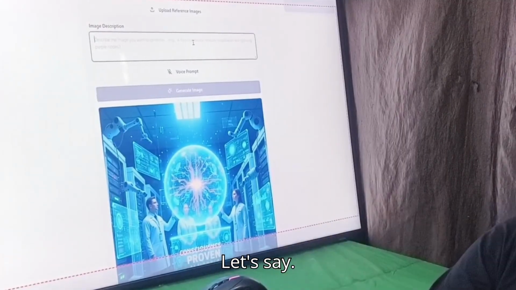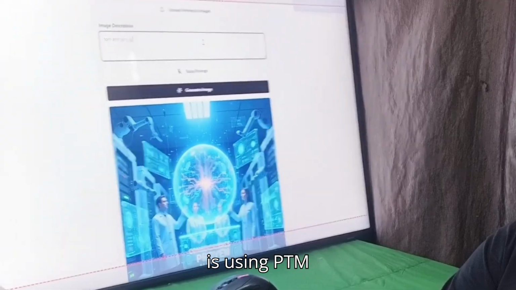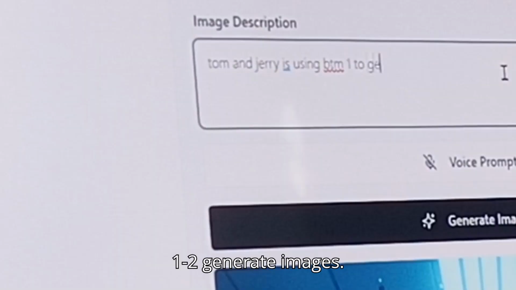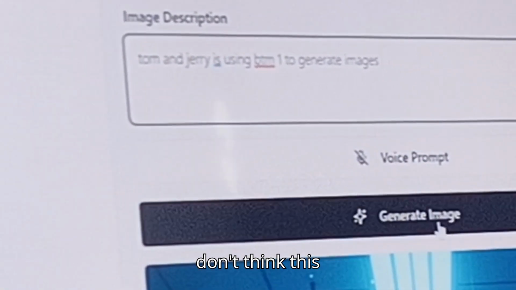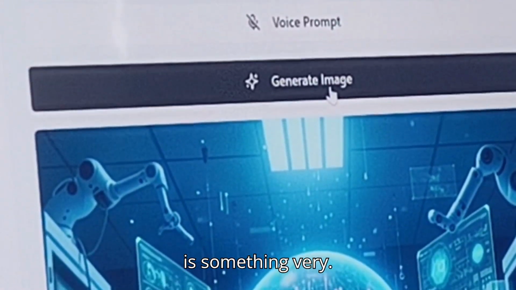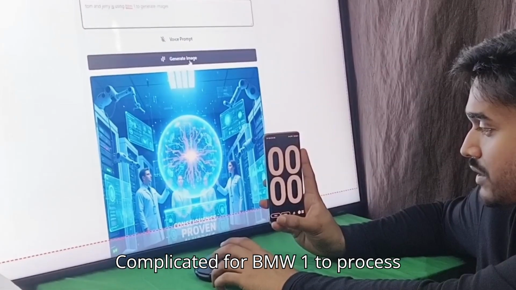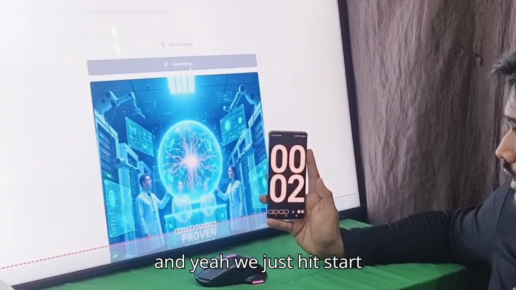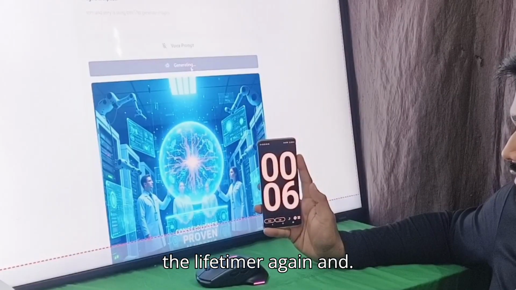Maybe let's say Tom and Jerry is using BTM1 to generate images. Okay, I don't think this is something very complicated for BTM1 to process. And yeah, we just hit start, and we are rolling out with a live timer again.